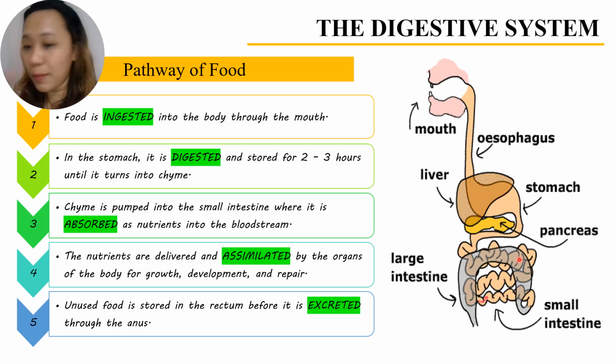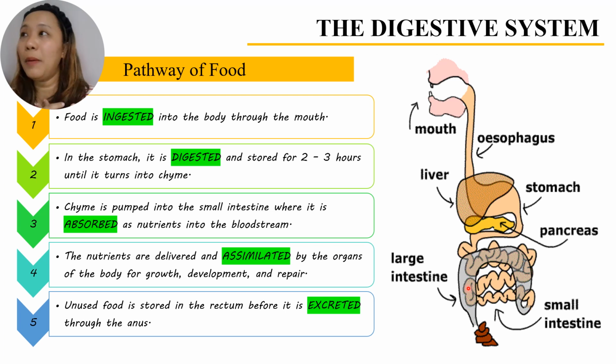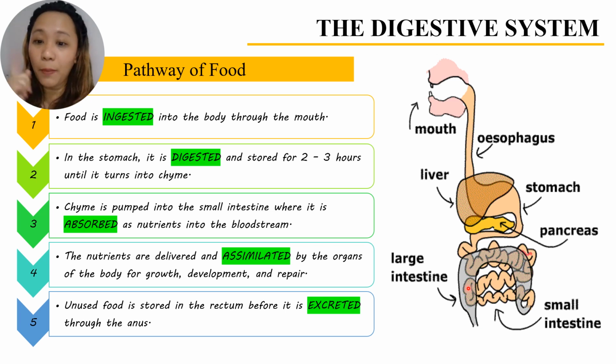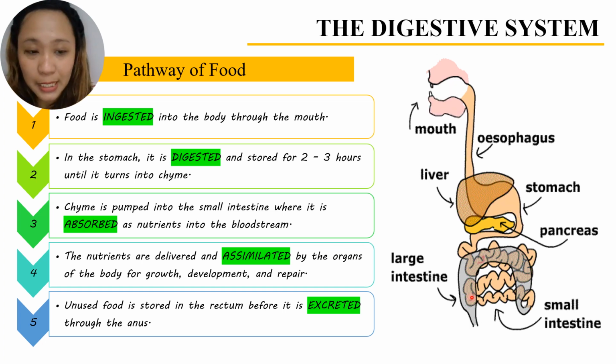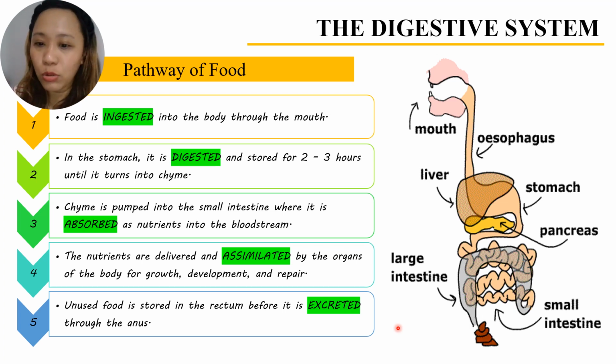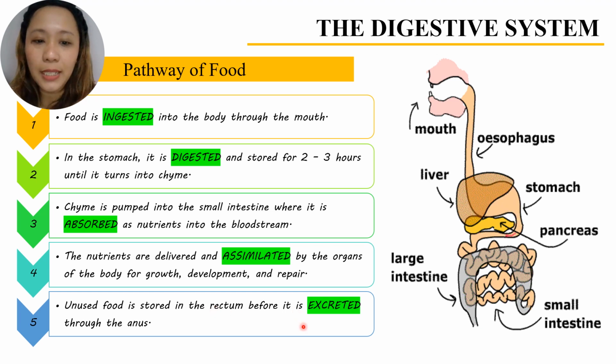Kung may ara pa ma-absorb, i-absorb pa gid sang lawas, class. For food nga indi ma-absorb, may ara nga food nga indi ma-digest. For example, ang mga green leafy vegetables, like ang malunggay. Anyway, that's an example of fiber which cannot be used by our body. It serves as like dosilhig lang. So unused food is stored in the rectum before it is excreted through the anus. Okay, let's go to the next slide.